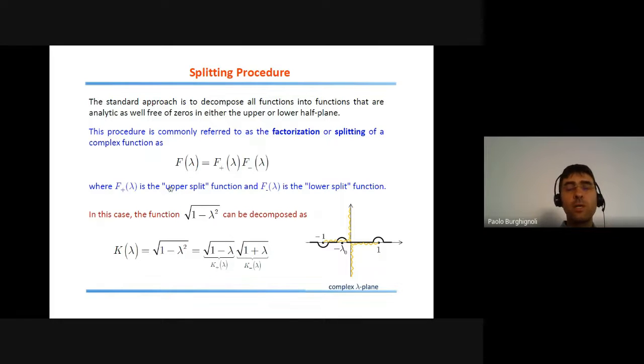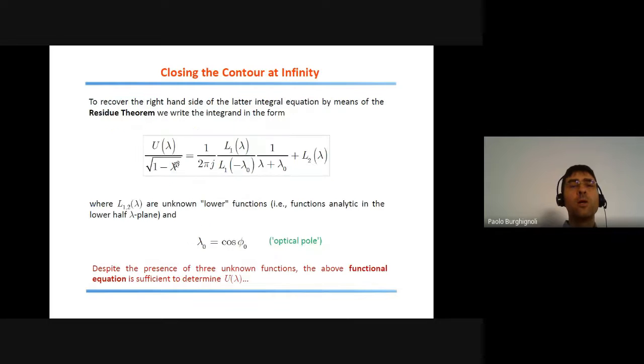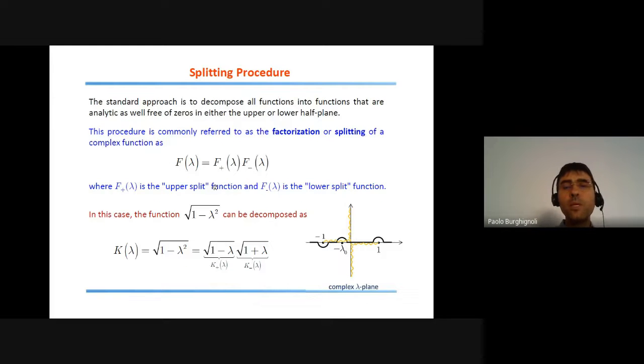For example, in our problem, on the left-hand side of this functional equation, the numerator is an upper function, so we don't need to do anything with this. The problem is the denominator, that is the square root of 1 minus lambda squared. This is neither upper nor lower, but it can be decomposed as the product of two factors, the square root of 1 minus lambda and the square root of 1 plus lambda, the first one of which is an upper